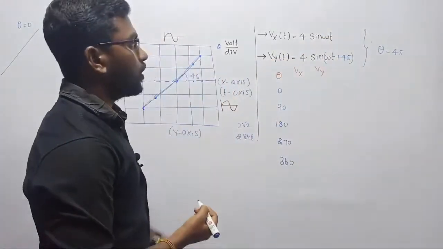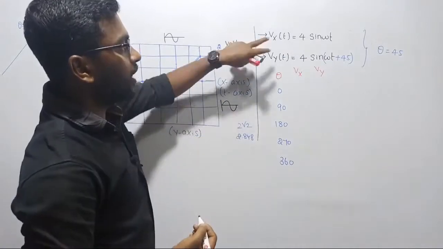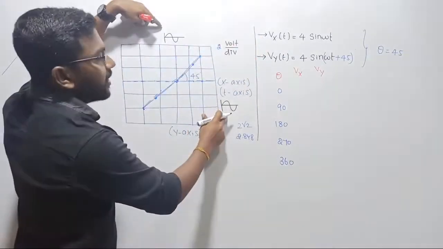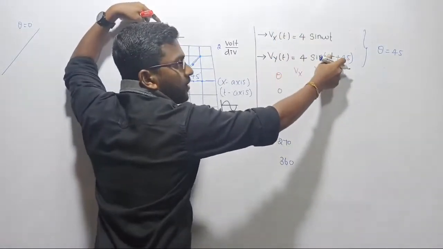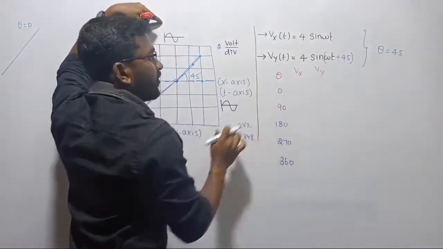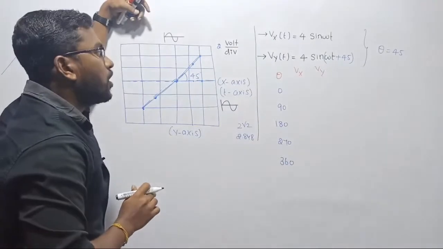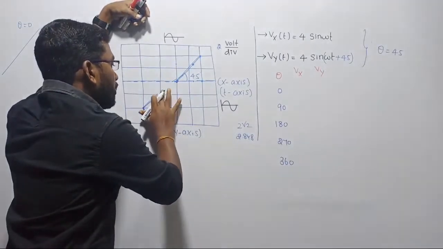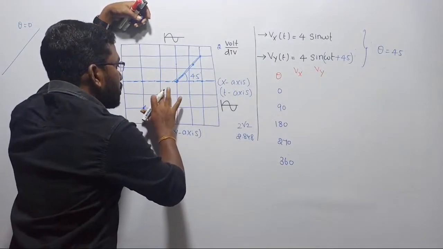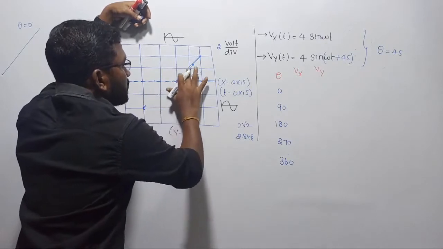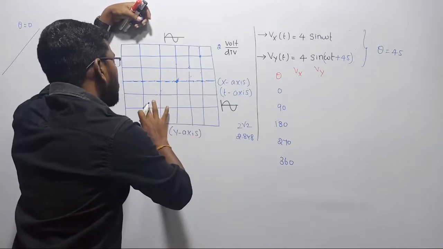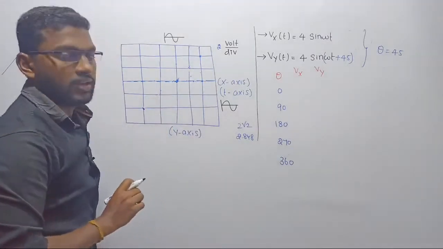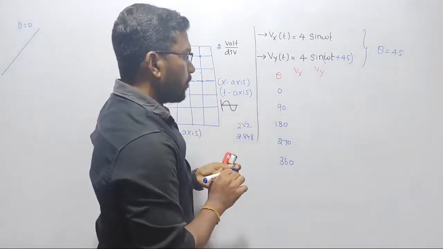So the conclusion is what? Suppose the signals that we are entering into the x and y axis have the same magnitude but a different phase angle. The first one has 0 degree, the second one has 45 degree. Under this situation, what type of pattern are we going to observe in this CRO? That is the question now. Can you please do it? Let us start our journey again from the beginning and see what pattern we will observe on the screen of the CRO. For that, let me plot the values here.